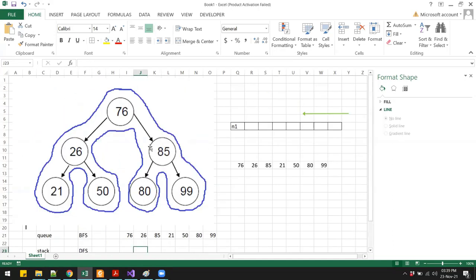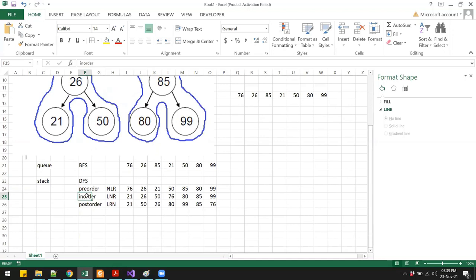The property of this particular tree is that for any node, the node on the left side will be smaller than the root node, and the one on the right will be greater. You will see that 26 is less than 76 and 85 is greater than 76. If you look at 26, then 21 is less than and 50 is greater than 26, and likewise for the third pair. So if you want to print in ascending order, you will use the in-order traversal.